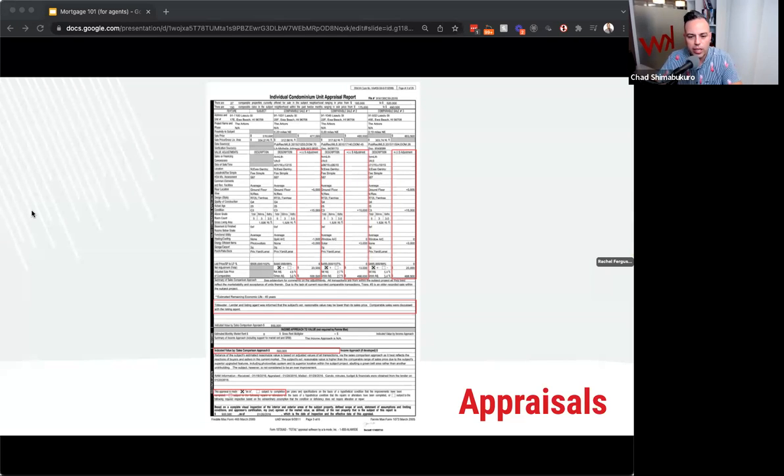So you want to make sure that you get ahead of it. If you're on the listing side and you're taking a listing and doing a walkthrough of the property that you're going to be listing, and you see these kinds of things, fix it, get it all remedied and fixed prior to even listing it, so you don't have that problem, especially if you're in a high VA market.